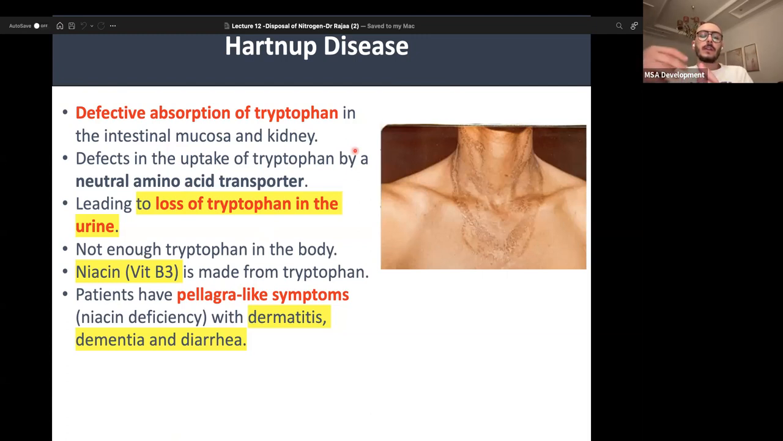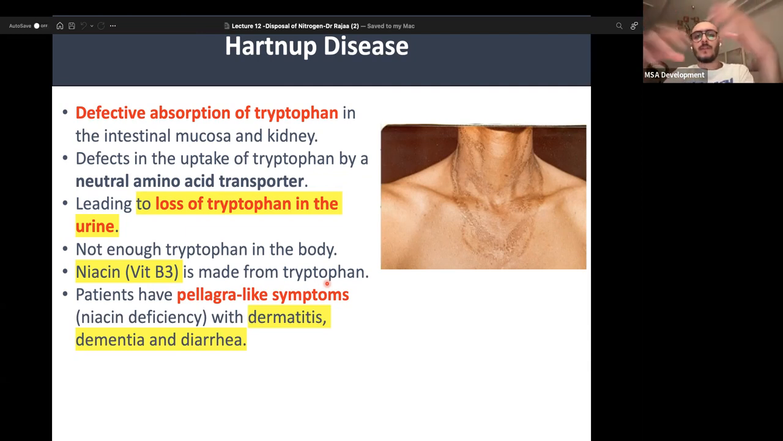is a precursor for vitamin B3, which is known as niacin. As written here, niacin, vitamin B3, is made from tryptophan. So niacin, or vitamin B3, is synthesized in your body, and the synthesis of this crucial and important vitamin requires tryptophan. So if you have a defective absorption of tryptophan, you're not absorbing tryptophan. Tryptophan will go into the urine. You will not have enough tryptophan in your body. You won't be able to synthesize niacin. Hence you will have